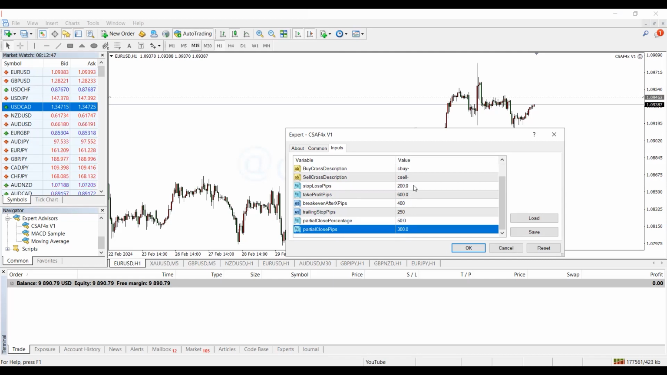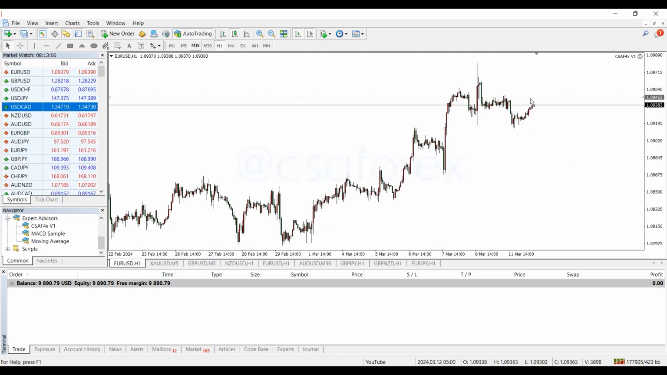So you are the one, after your analysis, who knows the amount of stop loss, the amount of take profit, how you want to put your break even, trailing stop, and then how much you would like to close based on a particular percentage for the partial closing trade management technique. By the time we click on OK, you can see nothing has happened because this trade here